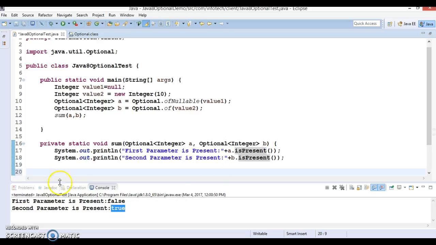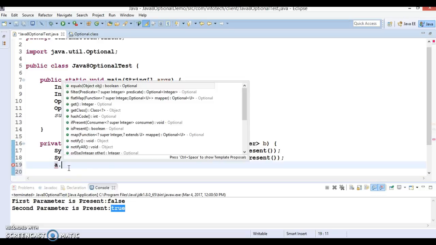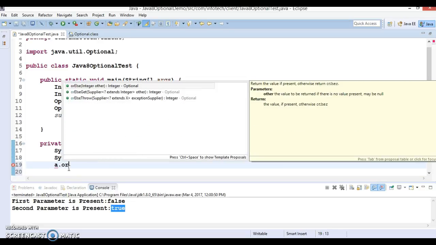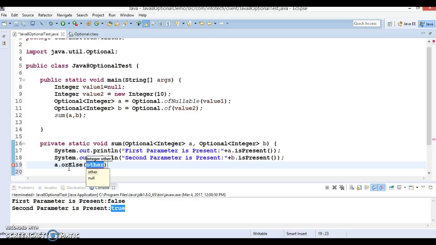What we can do here, we know that number a is null, so we can call the orElse method on it, and I would say here new Integer, and here we'll pass, if this a is coming with null, then initialize with 0. Okay, I would say value 1.